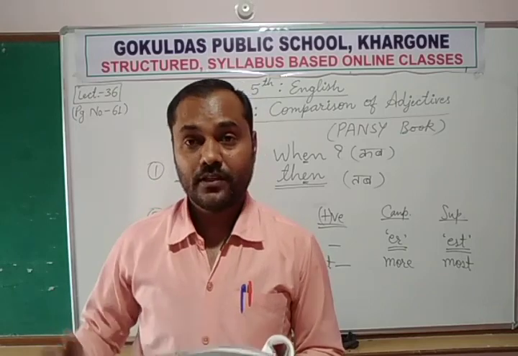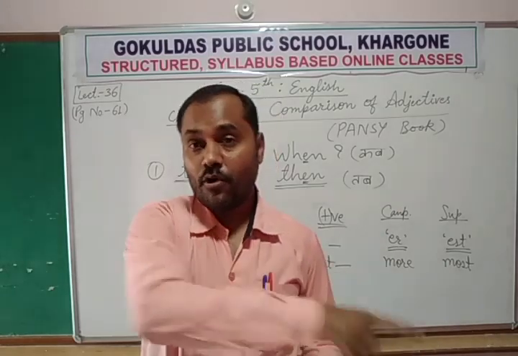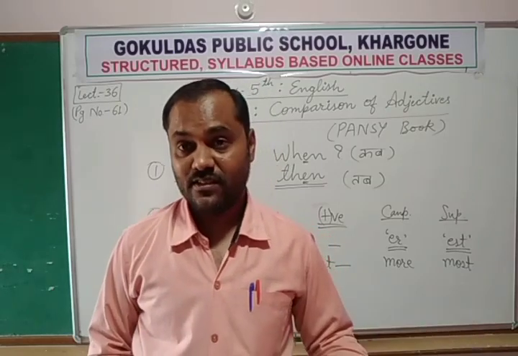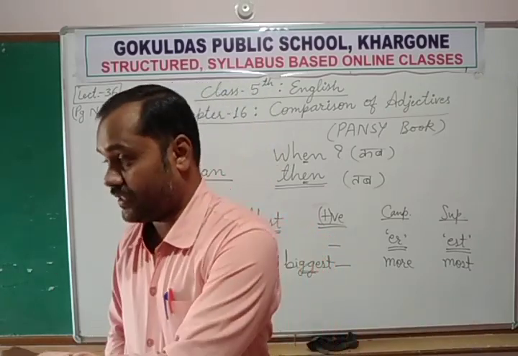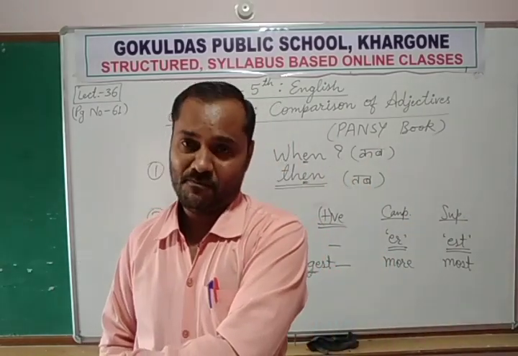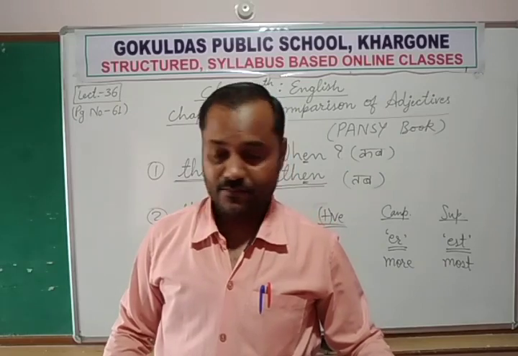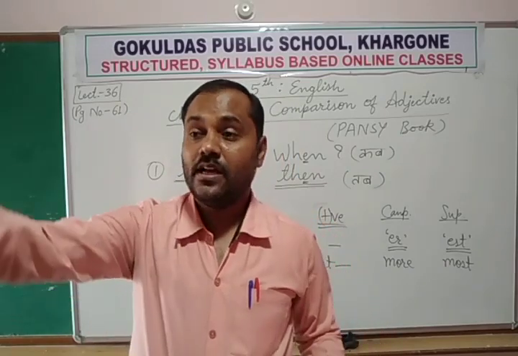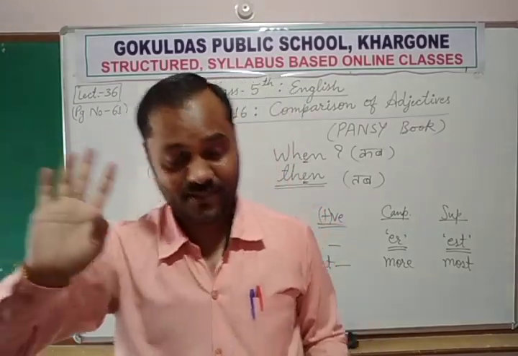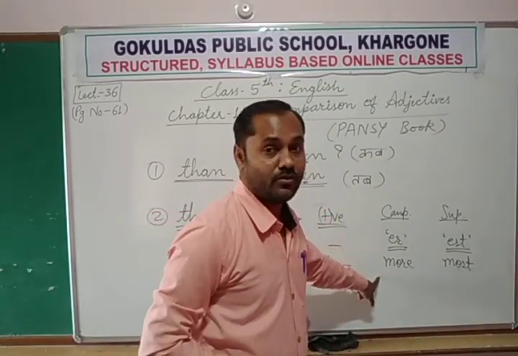Just like active, he is an active boy, but he is more active than his friend. We cannot use activer or activest. We can say this person is very active, but that person is more active than him. More active. And if there are 5 or 10 persons standing here, I can select one and say he is the most active person in the group. Most active person. So the word active doesn't follow the earlier rule, but it follows this rule.